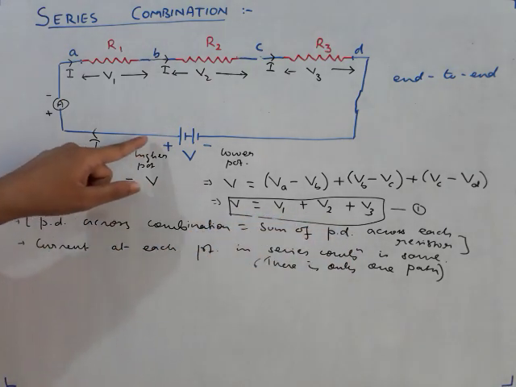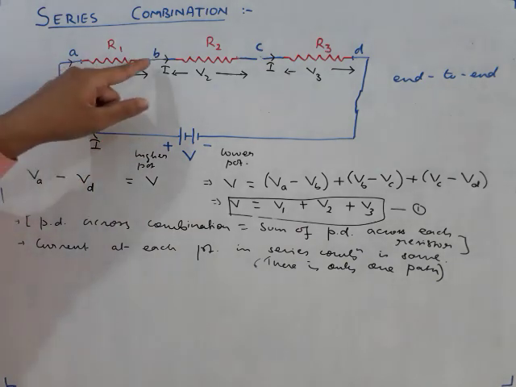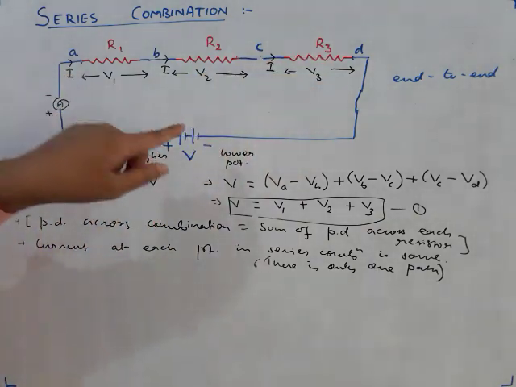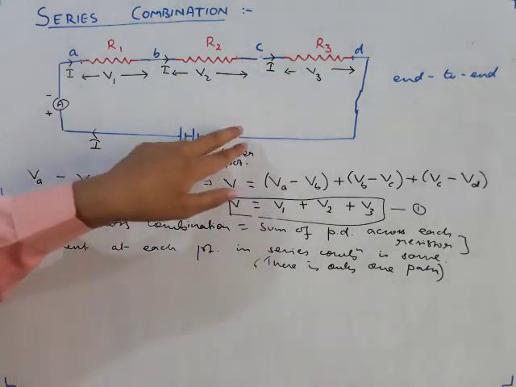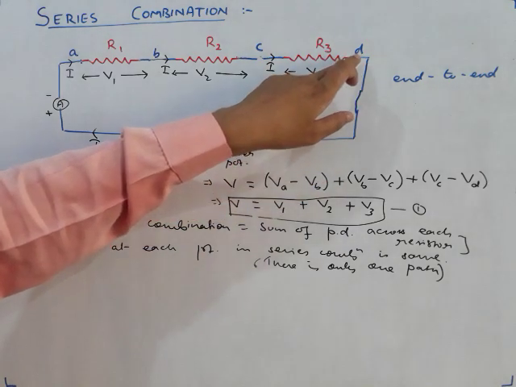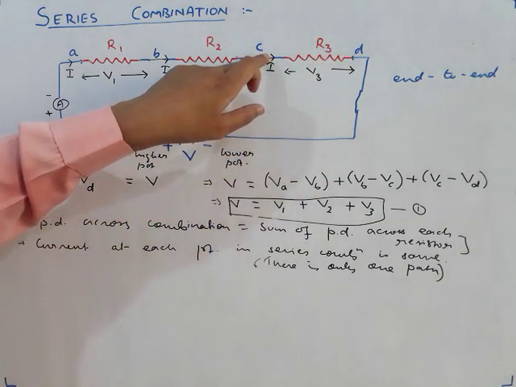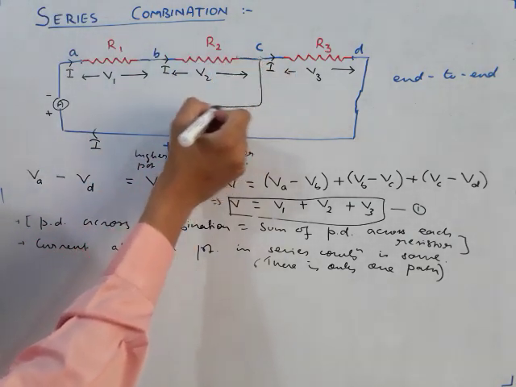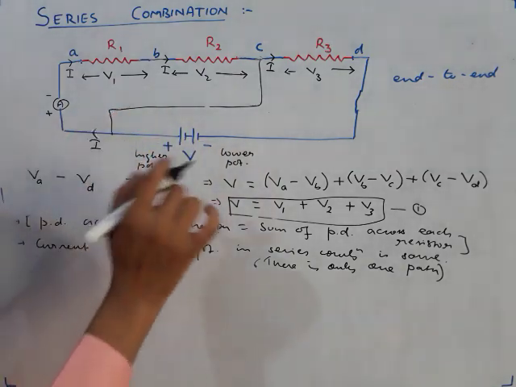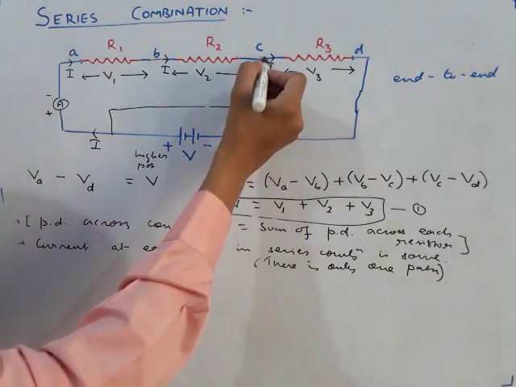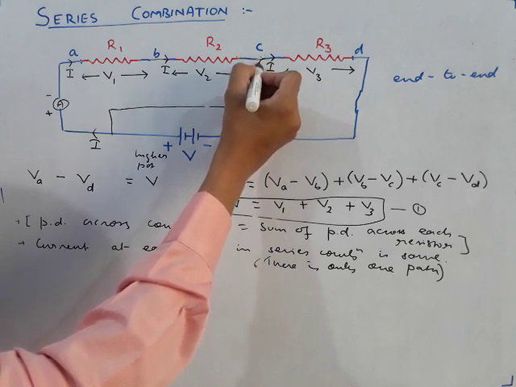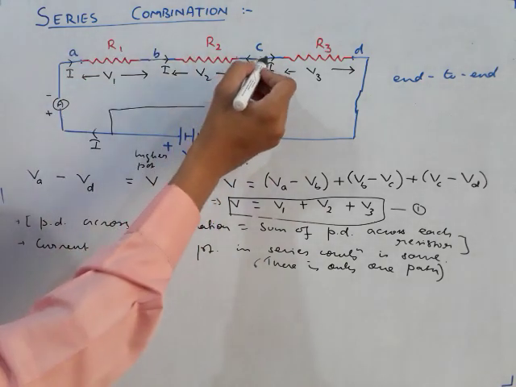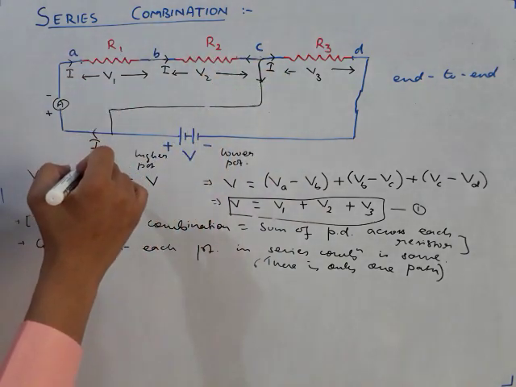Now, if there is some charge moving in the circuit, the same charge has to flow through R1, the same charge has to flow through R2, the same charge has to flow through R3. Imagine some electrons are moving like this. When they come here, they have to flow through R3. After that, suppose there were an alternative path, a wire connected like this. Then when these electrons reach here, some electrons will flow through this path and the remaining electrons will flow through this path. So there is a possibility of distribution of charges.